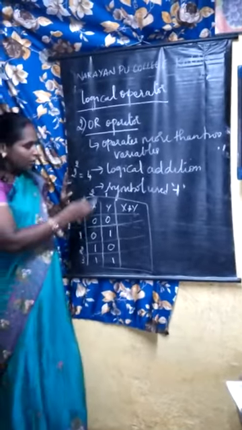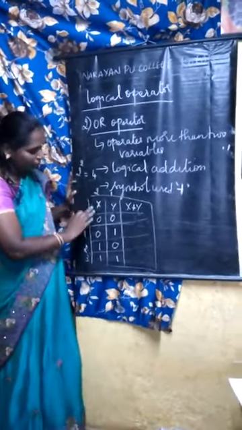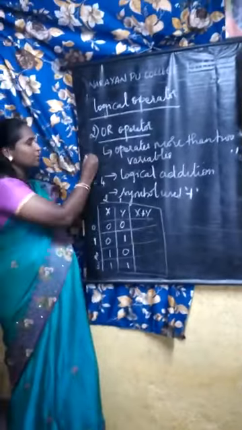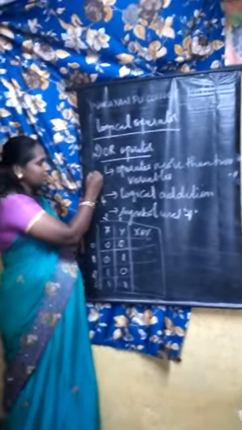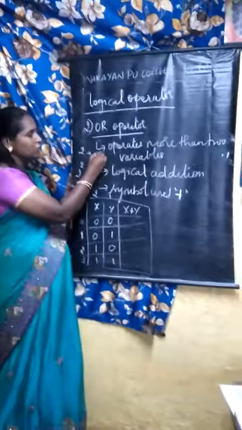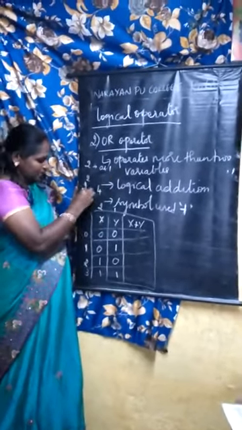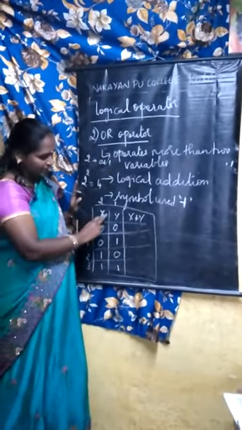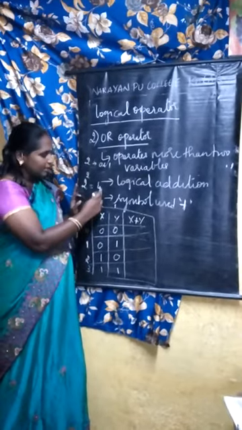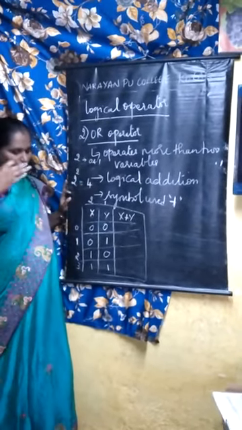Once again, you are going to represent the values in the form of zeros and ones. In computer terms, everything is in binary, that is base 2, which is nothing but zeros and ones. So I am considering the number of inputs, x and y, that is 2. 2 squared is 4, so there are 4 possible ways of inputting.